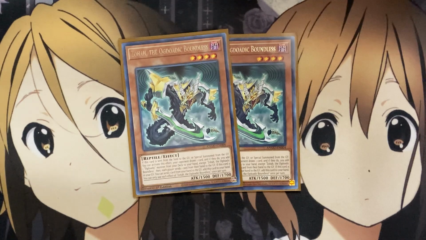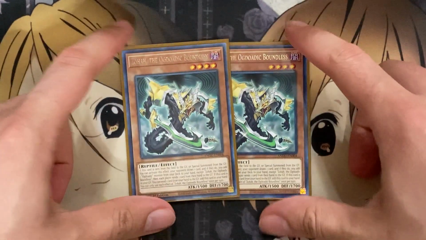And then lastly, for the Ogdoadic monsters, I run 2 Zoha, the Ogdoadic Boundless. If this card is sent from the field to the graveyard or special summoned from the graveyard, you can activate this effect. Your opponent draws 1 card. If they do, you add 1 Ogdoadic monster from your deck to your hand, except for Zoha, the Ogdoadic Boundless. Then each player sends 1 card from their hand to the graveyard. If this card is in your graveyard, you can send 1 card from your hand to the graveyard to add this card to your hand. You can only use each effect of Zoha once per turn, but the draw power it basically makes up for it,